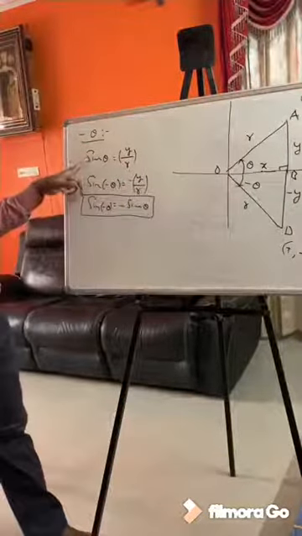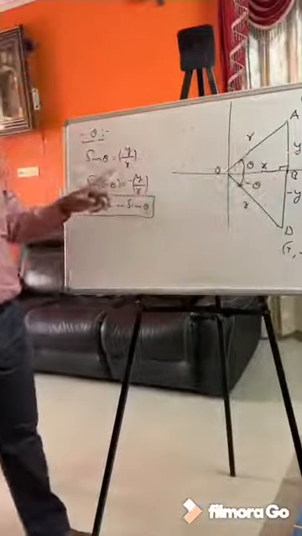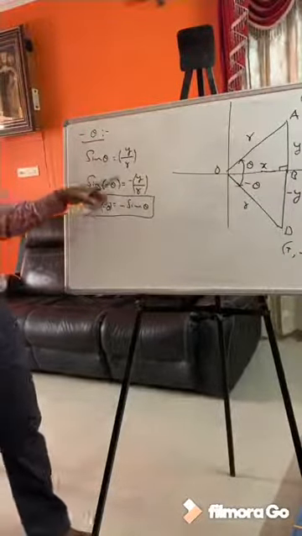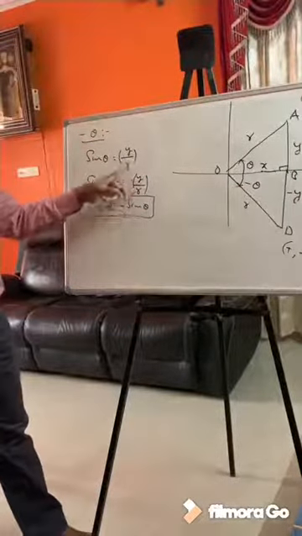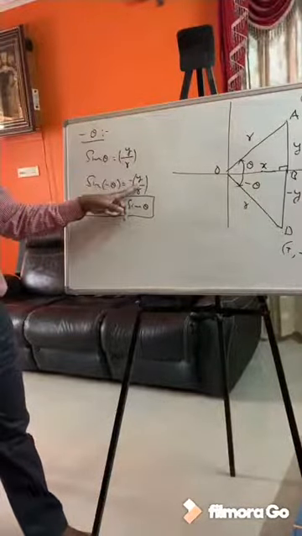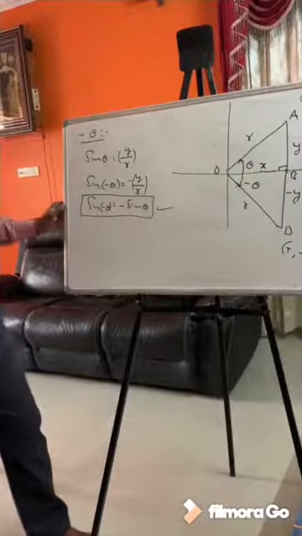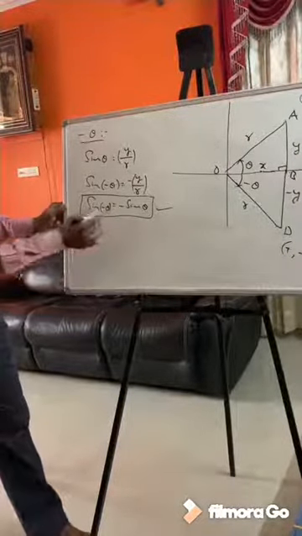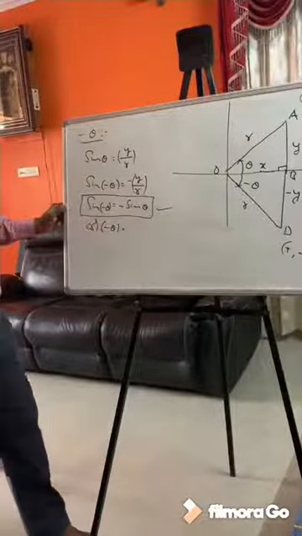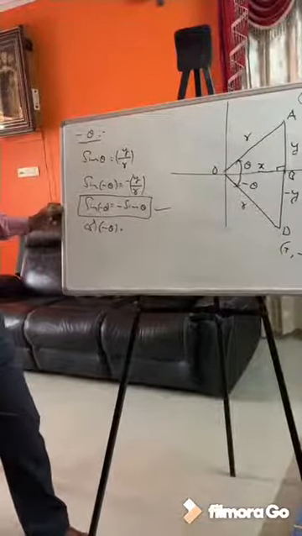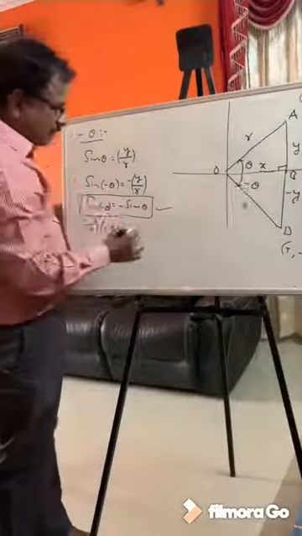Applying the sin theta formula in triangle OAB, sin theta is y by r. What is sin minus theta in triangle OBD? Sin minus theta is minus y by r. But y by r is sin theta. In the place of y by r I am writing sin theta. One formula is created, a very important formula: sin minus theta is minus sin theta. Similarly, we are taking cos minus theta. Please see here. Cos minus theta is what? X by r.